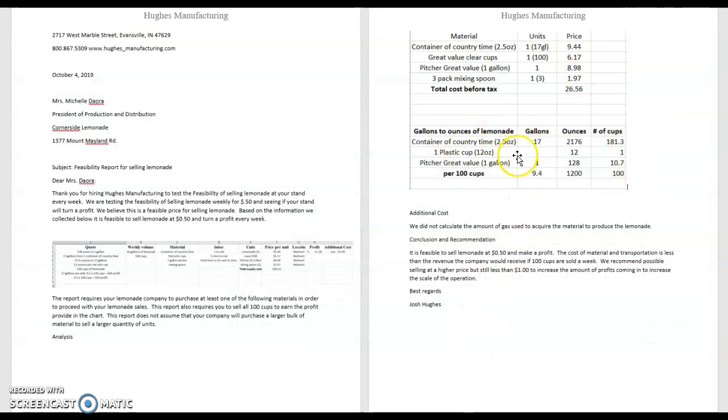So from that, we put that here, and that way we're using graphs in order to present the quantitative data that's easy to see, so people will easily know what they are looking at and the point of this feasibility report. At the end of the report, you should have a conclusion about the feasibility in more detail, referring to